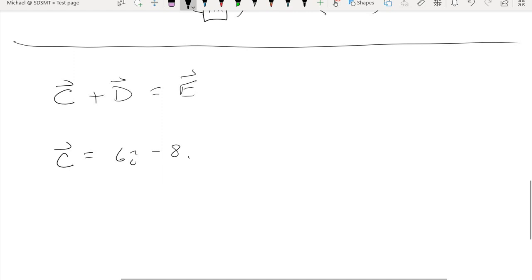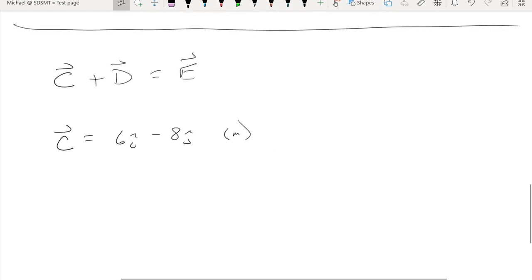We have 6 in the i hat, negative 8 in the j hat, and we'll go ahead and use meters for these units. We do not know either component for vector D,